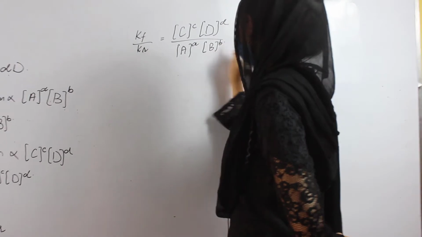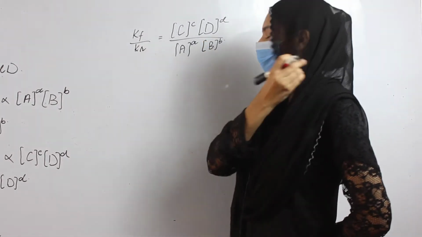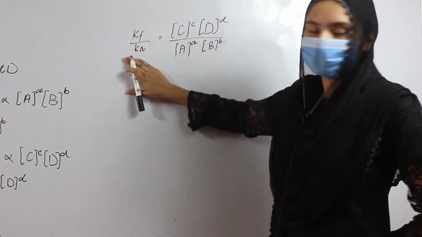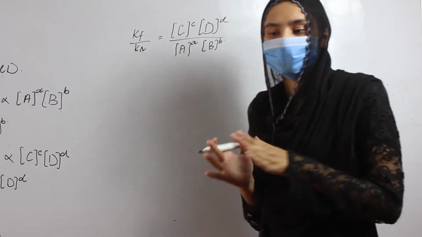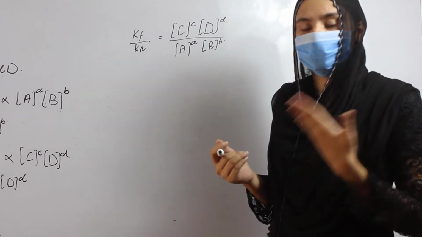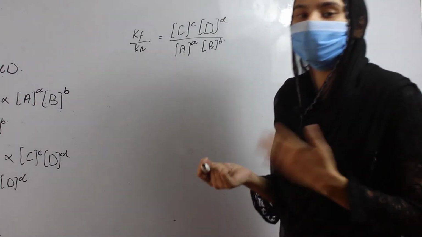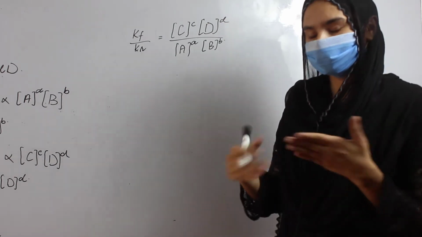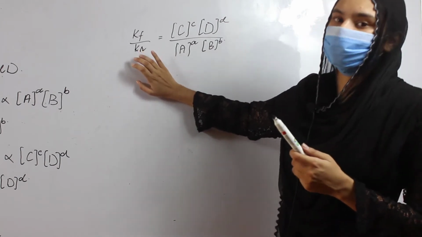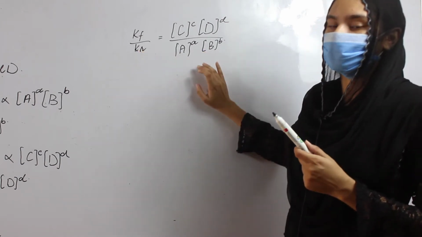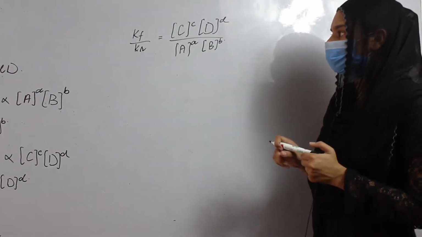In the previous lecture I told you what is a variable and what is a constant, but today I repeat: constants are those things which have the same value, only one value. They cannot be changed under any condition or at any position. But variables are those things which change their values by changing their condition, space or position. That's why those things which do not change their value are called constants, and those things which change their value by changing their position or condition are called variables.